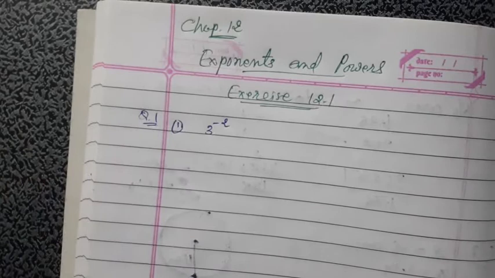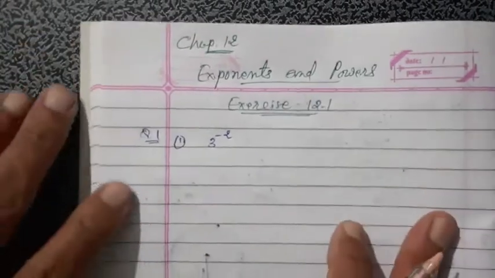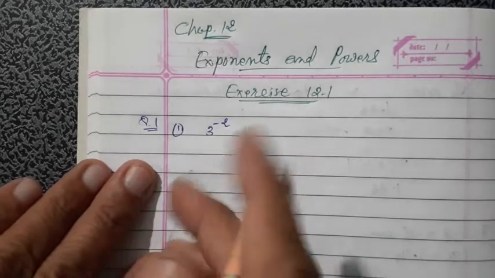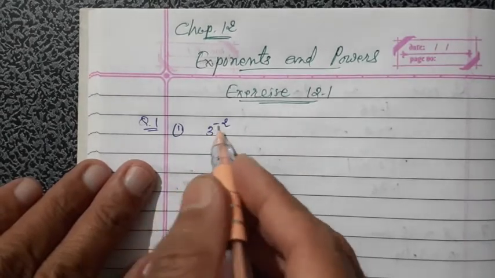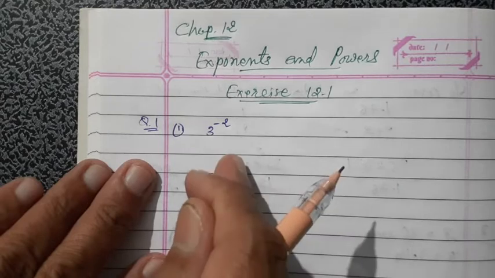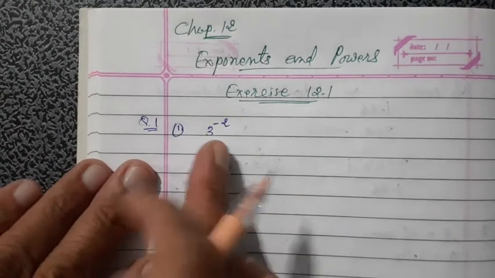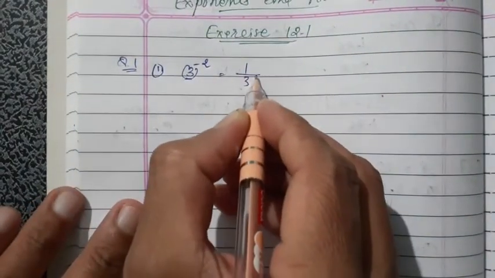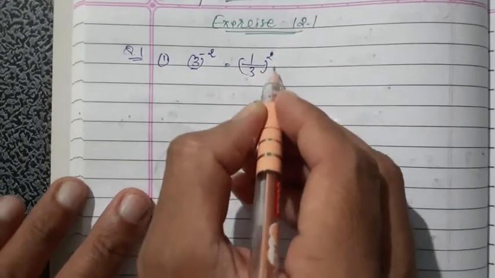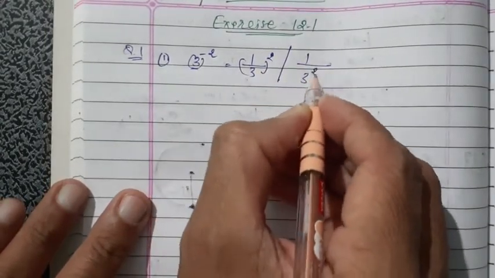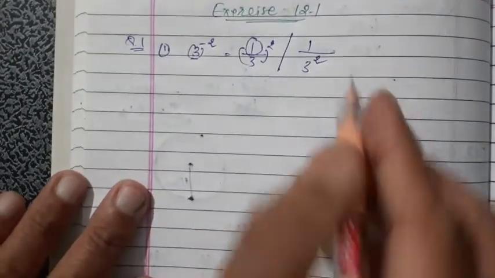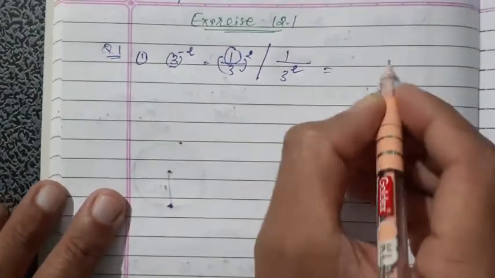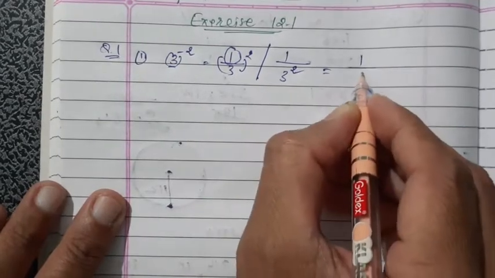When power is given in minus form, what to do? Just change position of that one. If that is at numerator side, write down denominator side, and denominator just write down numerator. That means you just write down reciprocal of base. Okay, so here 3 raised to minus 2, that means 1 upon 3 raised to 2. Whole raised to 2, you just write down, otherwise 1 upon 3 raised to 2. It's same because 1 is neutral number. Okay, 1 upon 3 square. 3 square means 3 into 3, it's 9.